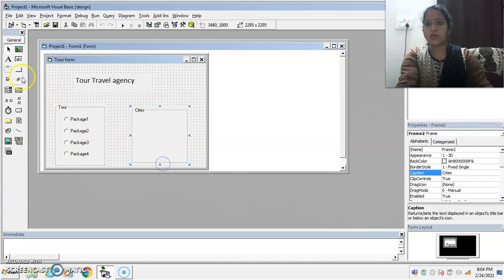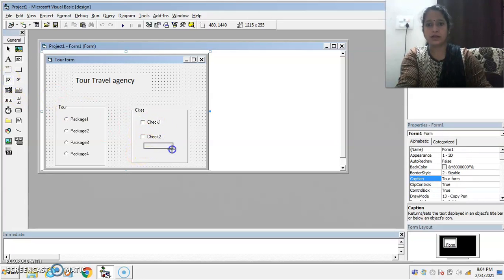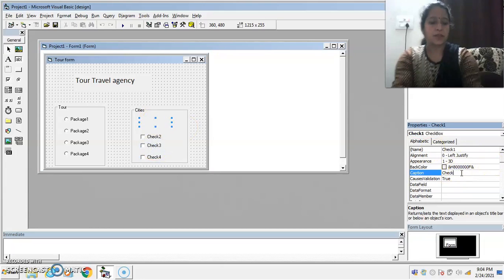Now take 4 check boxes for cities, first, second, third, and fourth. Set its alignment. Check 1, change its caption to, suppose where you want to travel, London. Okay, next to Paris.